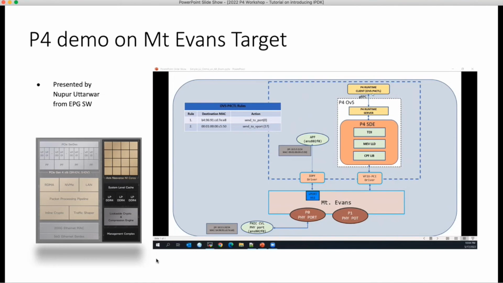We are using the OVS P4 CTL utility to program the rules to be able to send traffic from the APF interface on Mount Evans, hooked up with the data plane IDPF driver. To be able to do this, we program the rules using OVS P4 CTL to our FXP pipeline. The first rule is if the destination MAC matches the MAC address of the foundational NIC interface, take action as send to port 0. If the destination MAC matches the MAC address of the IDPF interface, this one, take action as send